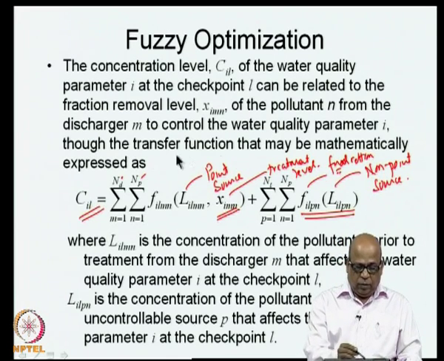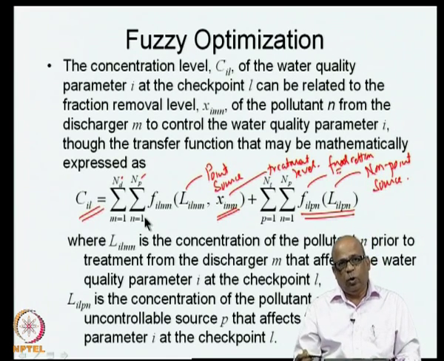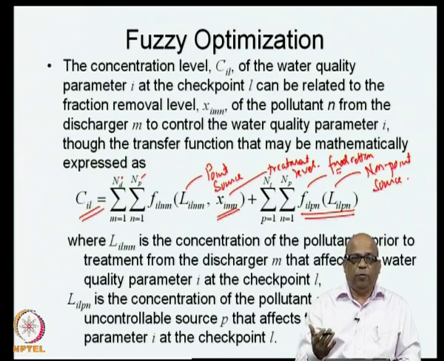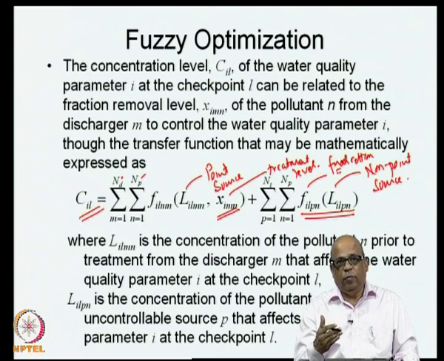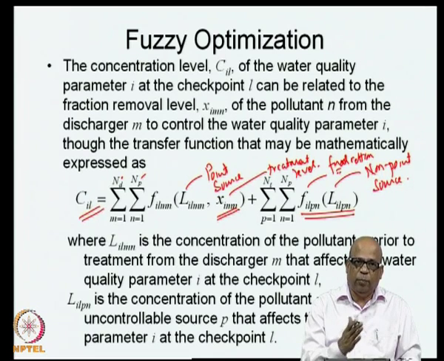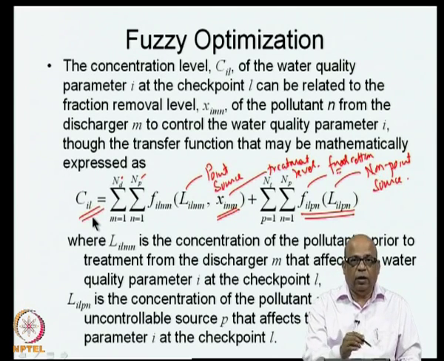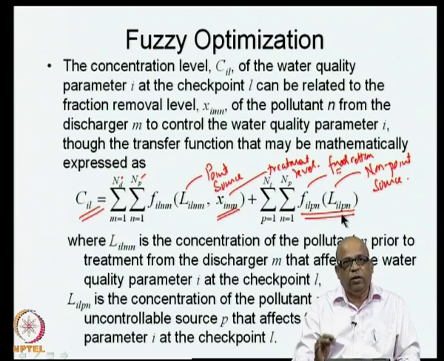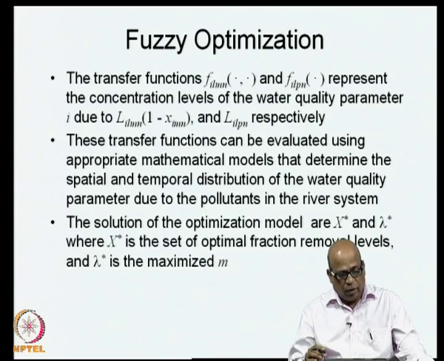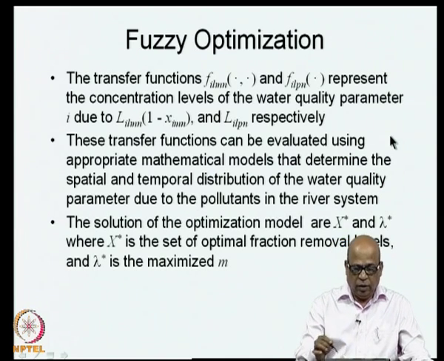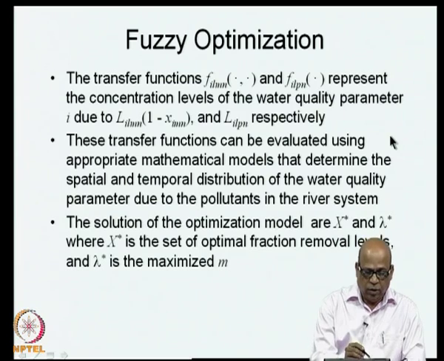Now, typically these are water quality transport models, which means if you have a mathematical model which relates the water quality indicator at a particular location as a function of the discharges that are coming upstream of that, such mathematical models can be used in the optimization model to generate CIL as a function of XIMN, which is the decision that we are making. So, this is the general framework. Now, within this general framework, this gives you all the details of exactly what I just now told. Remember here